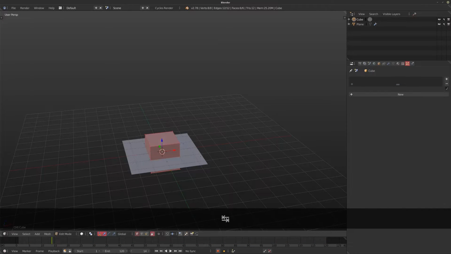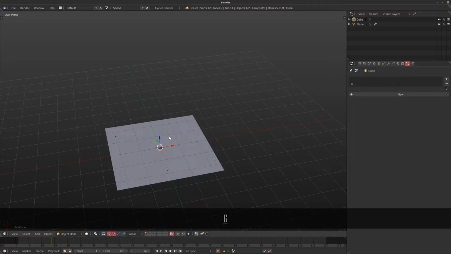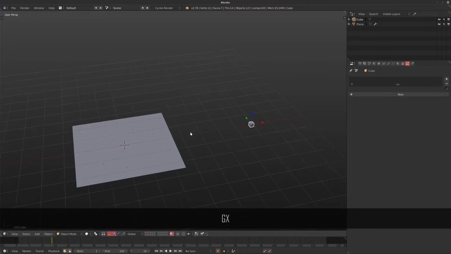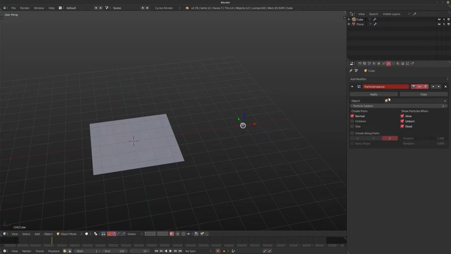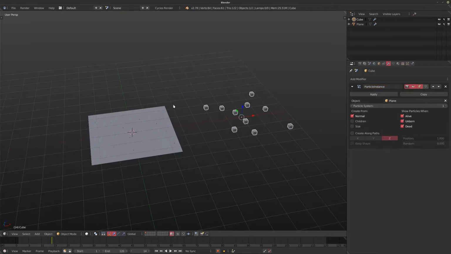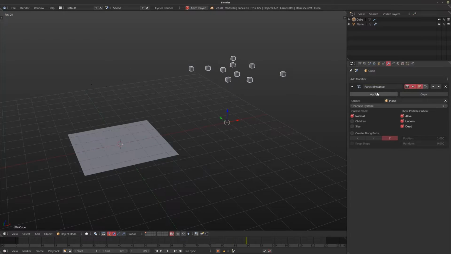I'm going to scale this down so it's quite small. And what we can do with it, if I move it over on the x-axis so you can see exactly what's going on, if we add in a particle instance modifier and we grab the plane object that has the particles, you'll see what it does. It's going to use the object that we've created and put it in place of every particle of the particle system that we're selecting here. You can see you can select between different ones. I'm just going to have all the ones that are alive. For us, it's not going to make a difference.